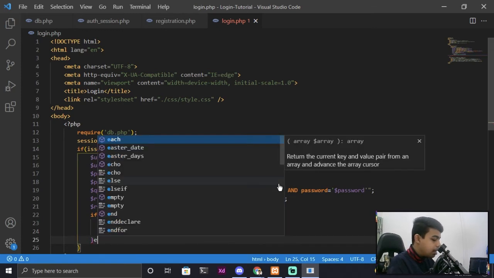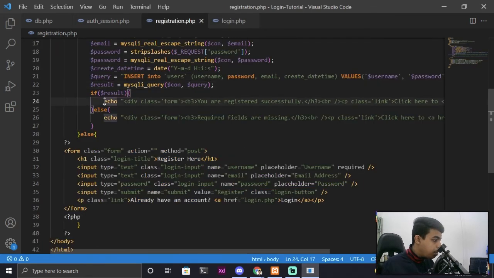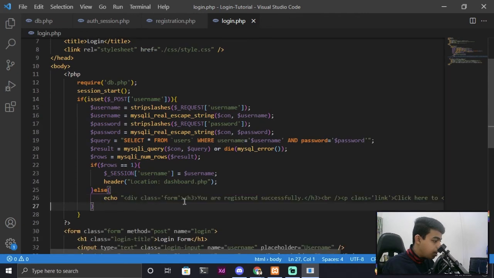Great. Else, if the user's account is not created with this login details, I would like to echo something over here. So for doing that echo, I would like to come to my registration form over here, copy this echo statement and paste it over here in this else statement. So I will change this h3 tag from "you are registered successfully" to "incorrect username